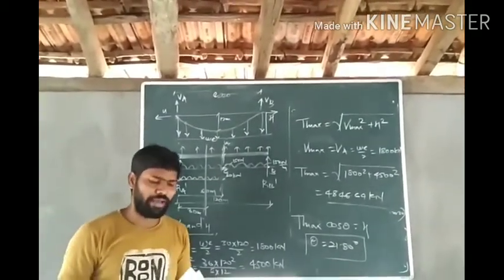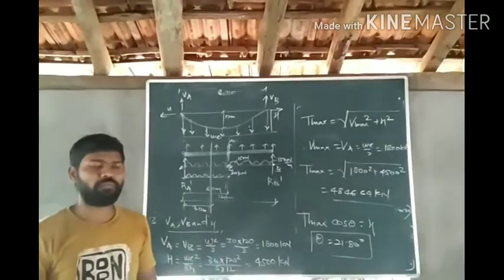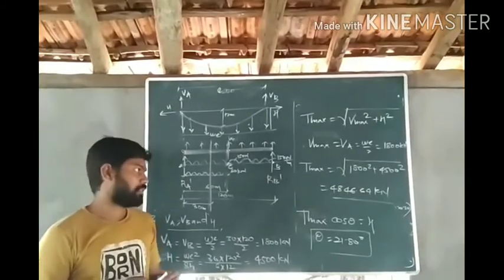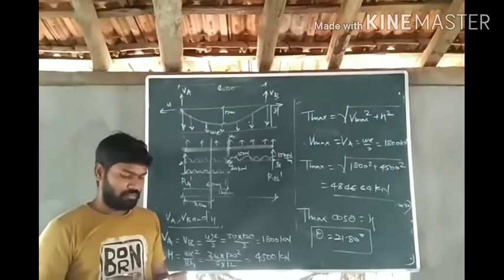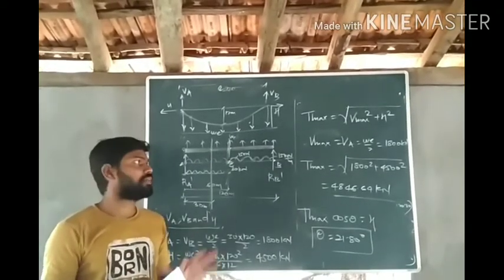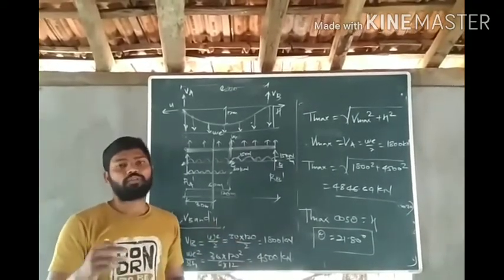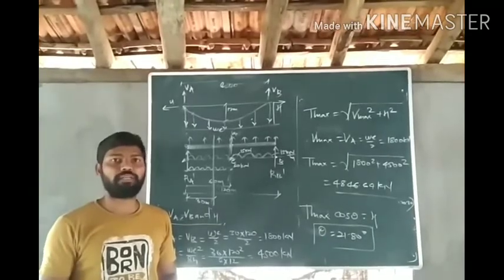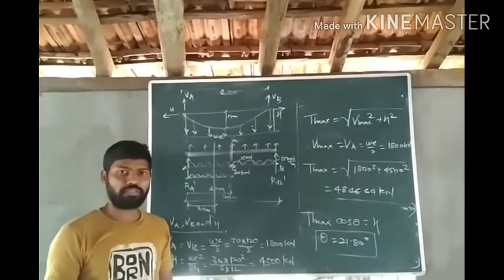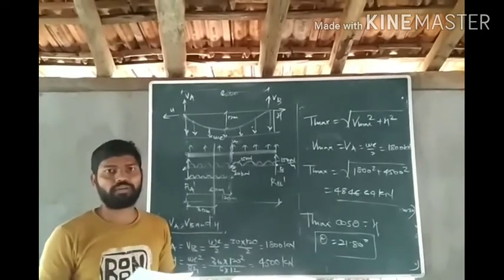So this sum will be asked in the university exam for 12 marks. Sometimes it may be for 10 marks. Okay. So try to solve this numerical. Similar examples, याच्या सर्किट सिमिलर एक्झाम्पल्स तुम्हाला असाइनमेंटमध्ये दिलेले आहेत. दोन एक्झाम्पल्स या सेम बेसिक्सवर असाइनमेंटमध्ये आहेत. ते सोडवण्याचा प्रयत्न करा. If you are having any doubt you can ask me.